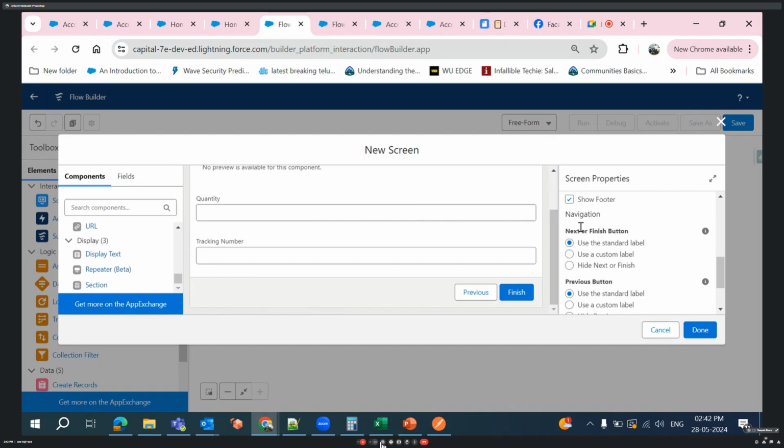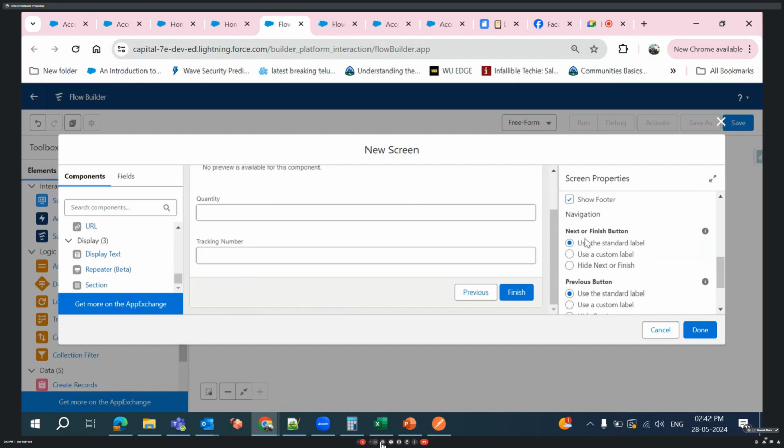If you want, you can rename the finish and previous buttons. But generally, if you're filling all the details, then you are going to click on either submit or finish. Depending upon client requirement, whatever name they suggest, we can go with either finish or submit here. Okay, so if you would like to go with submit, then